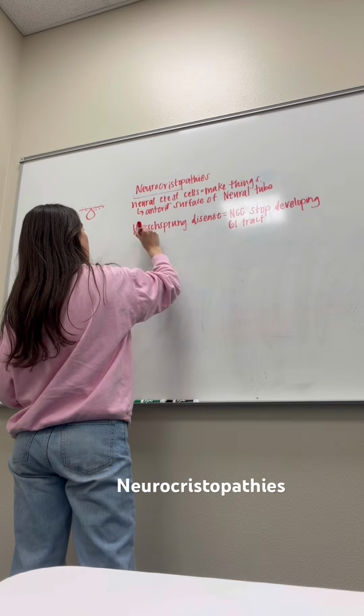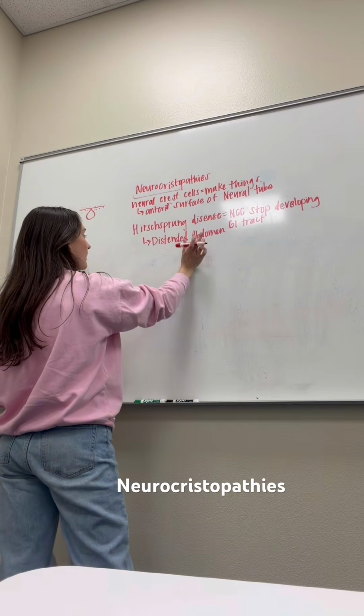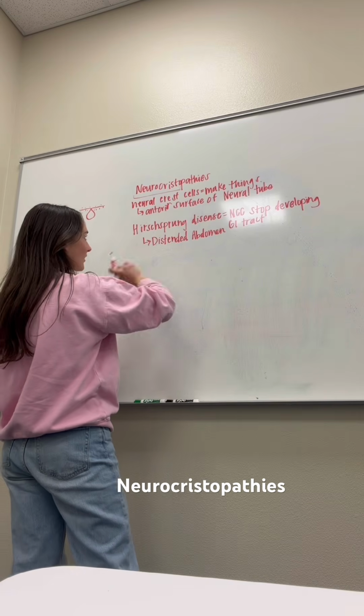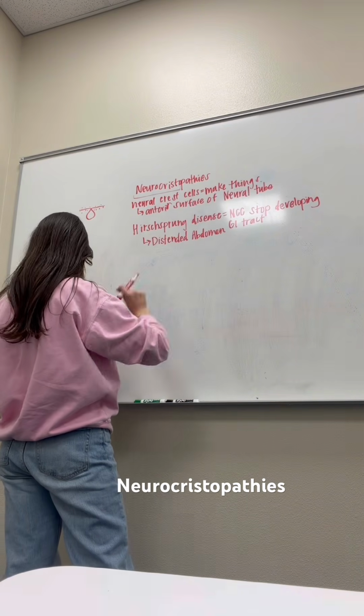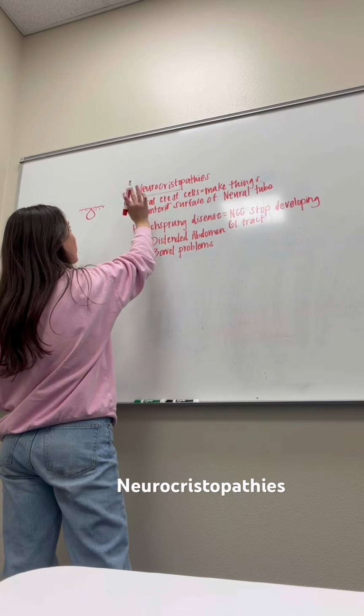So when this happens, they get a distended abdomen. And you can remember the idea of this because when you have Hershey's, you look sprung. So you're going to have a big belly if you're having Hershey's. And so Hirschsprung disease is with neural crest cells, distended abdomen, which can also cause a lot of bowel problems and so on. Let's talk about another neurocristopathy called